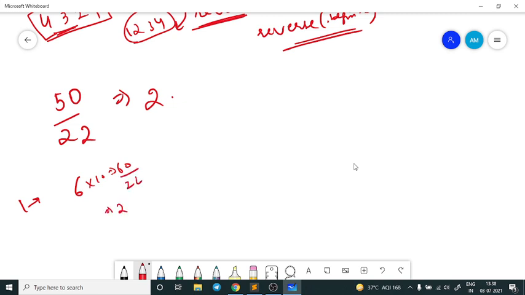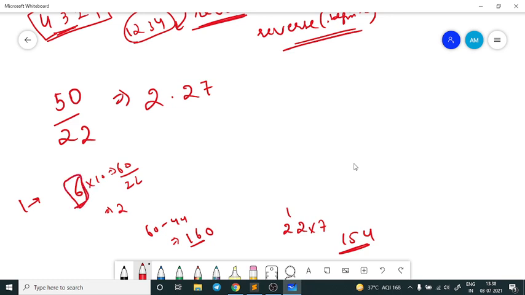So again I will get a 2, because 22 times 2 is 44, and if I multiply it with 3 it would exceed 60, right? So it will be again 2 here. Now the remainder would be 60 minus 44. It is coming out to be 16. Perfect. Now if I multiply it by 10 again, 160, it would come out to be 7. So 22 times 7 is 154. Perfect. Now here you will see that this remainder 6 is occurring here again.